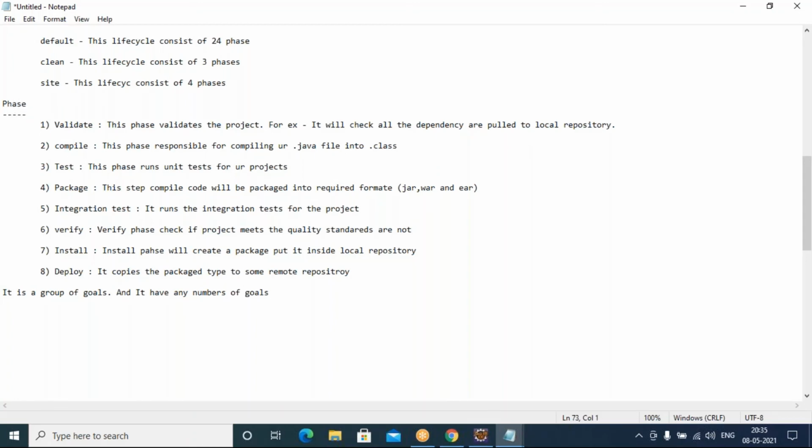So I talked about the default life cycle and phases. Need to check on goals now. What is a goal? A goal is simply a sequence of tasks performed to accomplish a task.